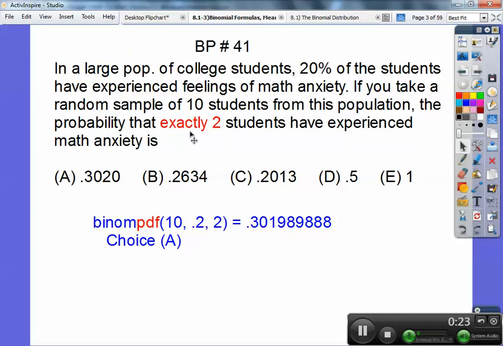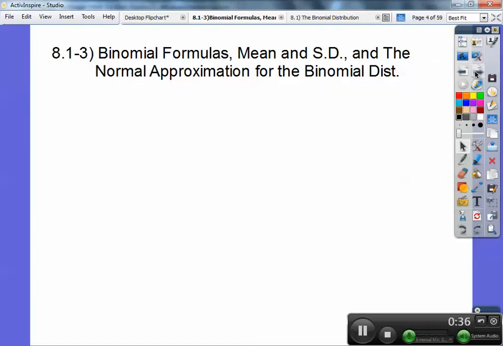It said exactly 2. It didn't say 2 or less than, so it's exactly 2. So that's where you do your binomial PDF. 10 students, probability is 0.2, and you're doing 2, and you get that one right there. So choice A. Alrighty? Okay, so this is section 8.1-3, binomial formulas, means and standard deviations, and normal approximation for